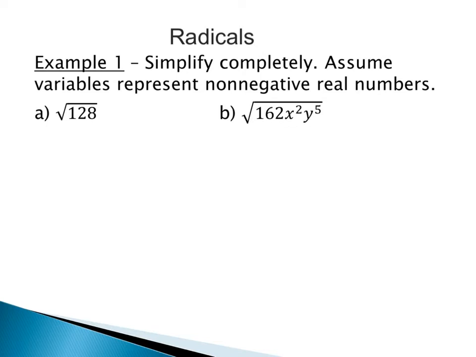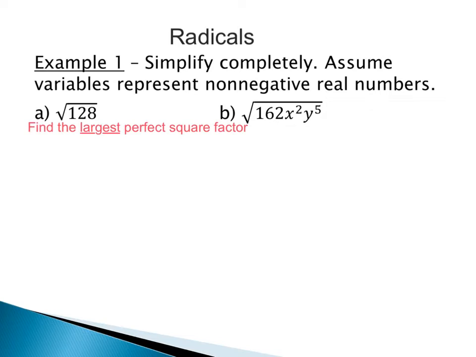If I tried to do the square root of 128 in my calculator, I would get a decimal. What that means is that it is not a perfect square, so I need to simplify it. When we simplify, we always try to find the largest perfect square factor of 128. Sometimes there are multiple perfect square factors of the number, which is true for this case. We actually have a few different perfect squares that will end up working, but we want the largest one.